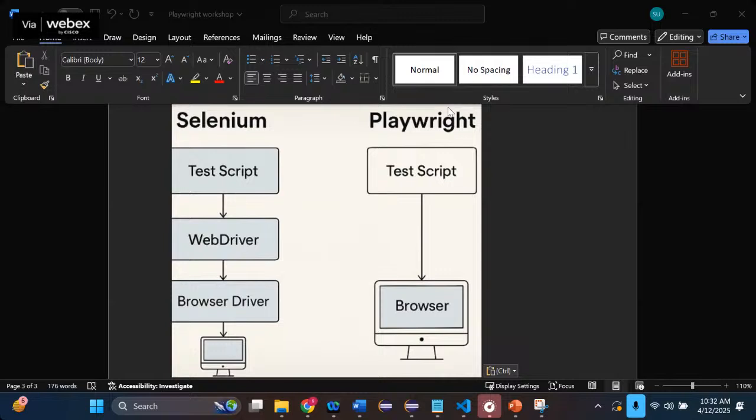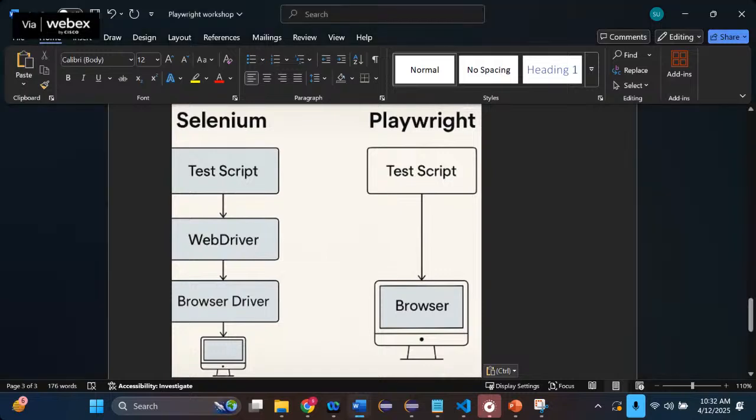It executes that script on your browser faster when you compare with other tools in the market. Now the next step. Now you understood, right? If I need to make it a little bit simpler, if I need to compare with Selenium, if I need to compare that with your Selenium,